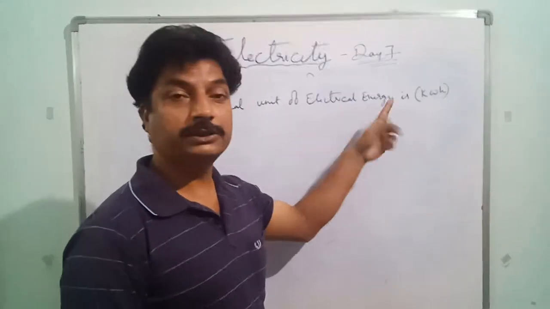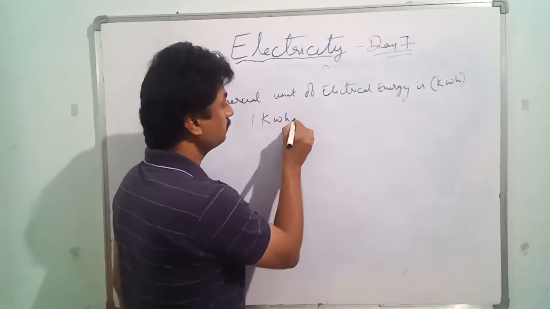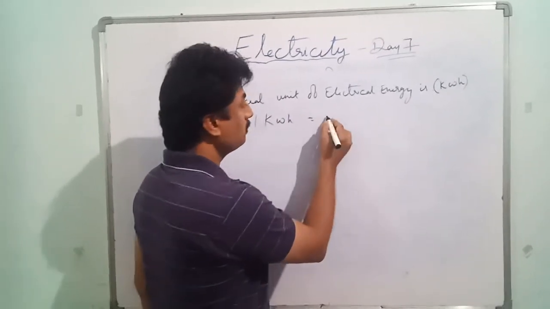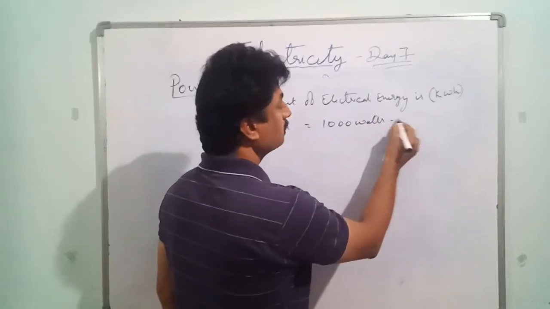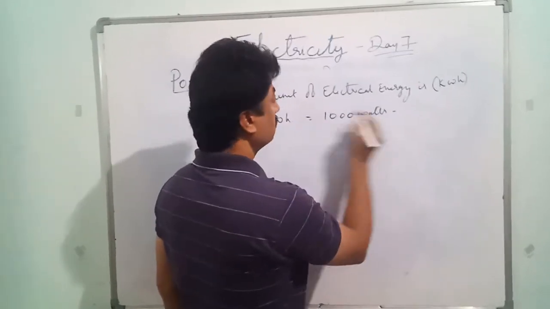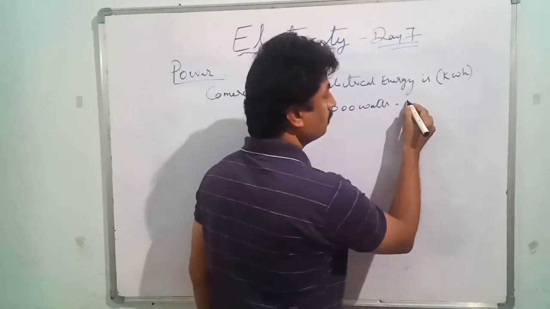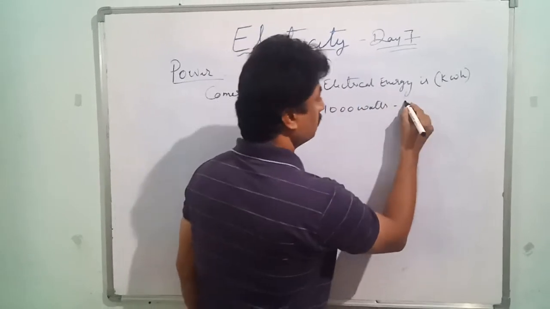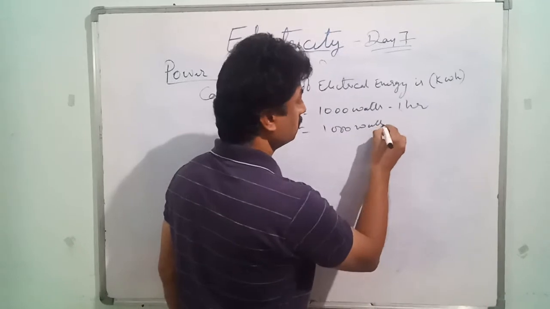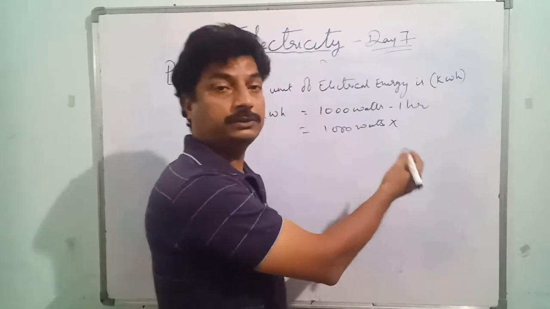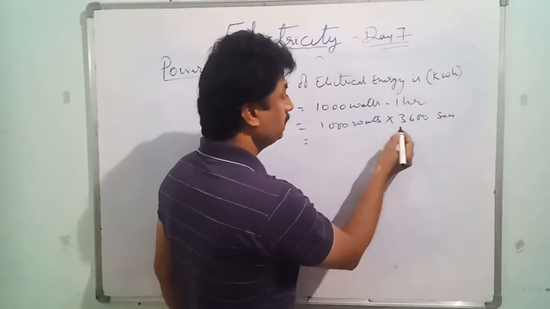So we are going for the commercial unit of energy, that is nothing else but 1 kilowatt hour. So 1 kilo means 1000 watts, hour. Okay, and if you want to go for hours, like okay 1 hour. I will write it, 1 hour: 1000 watts into 1 hour. We need to convert hours to seconds, that is 3600 seconds.